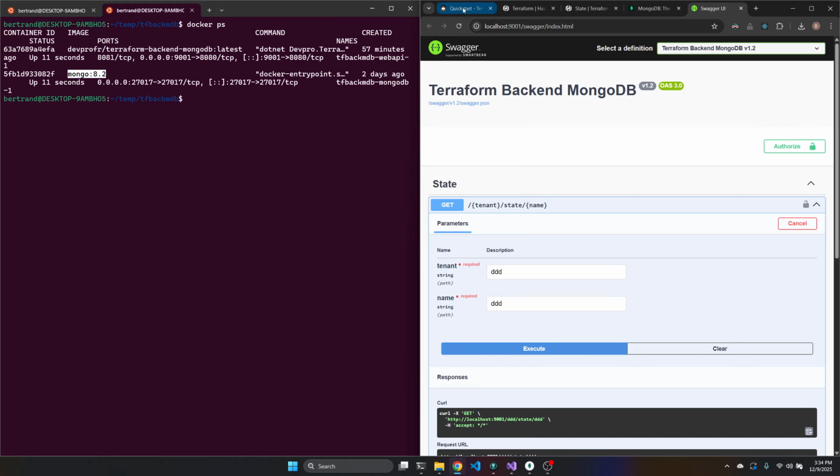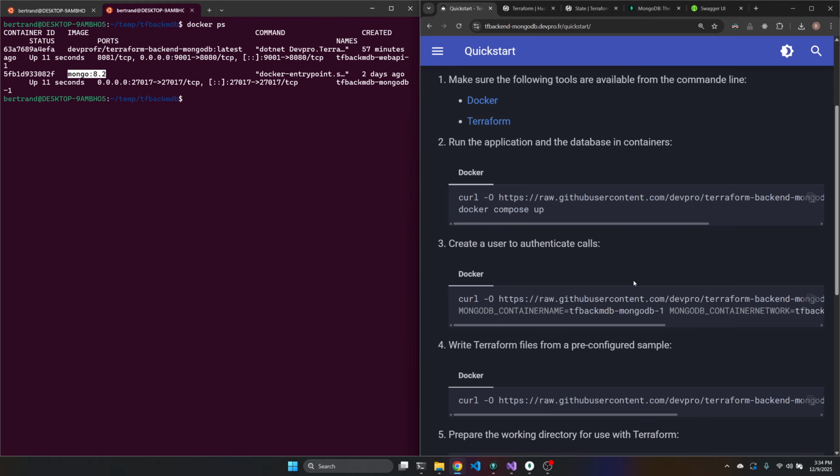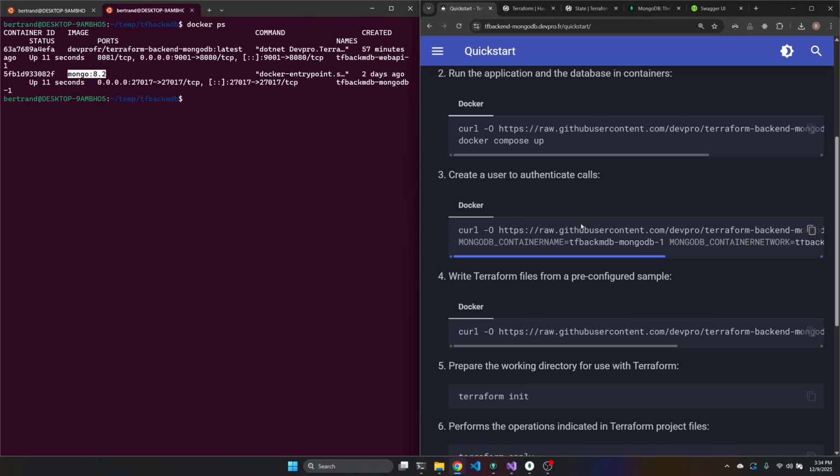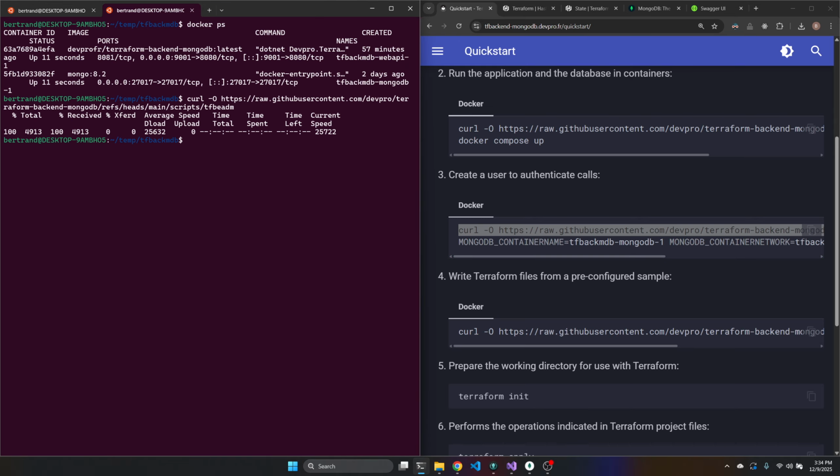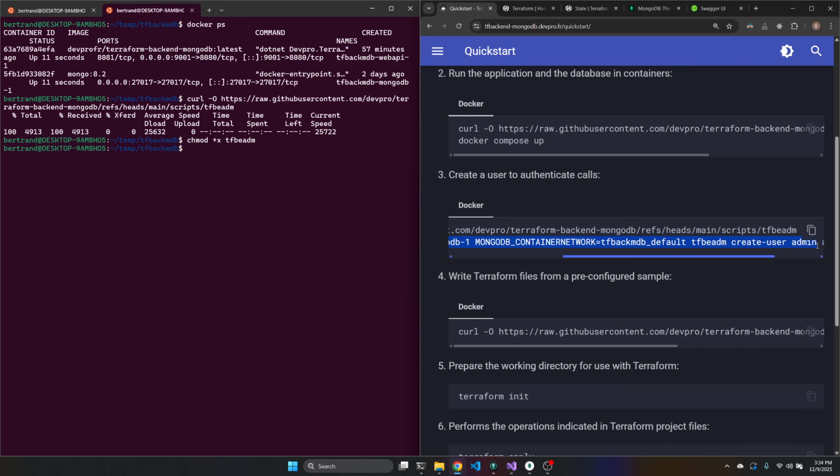So the next step is to authenticate calls. We need to create a user. So here again, there is a script here. We'll just make it executable, and then we can run the command line to create a user.